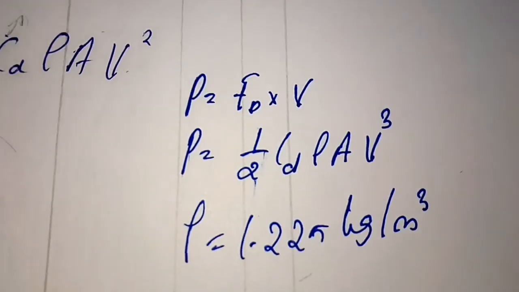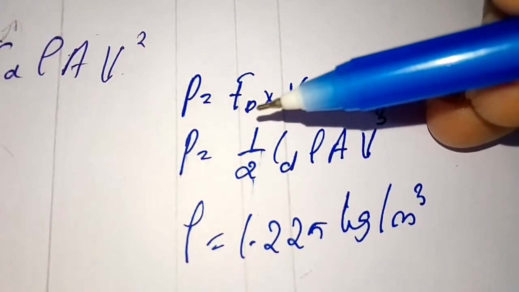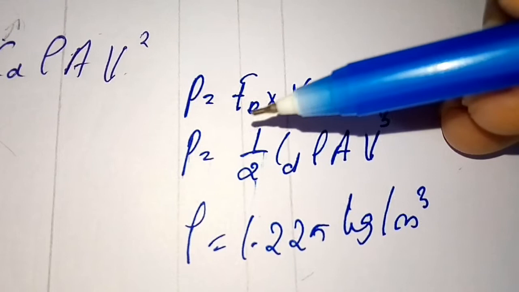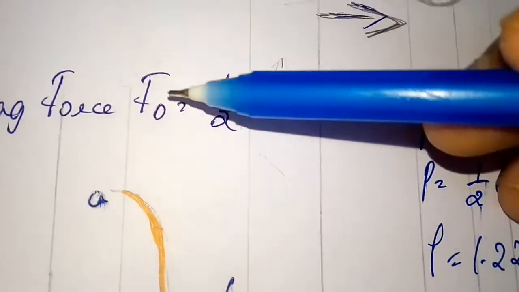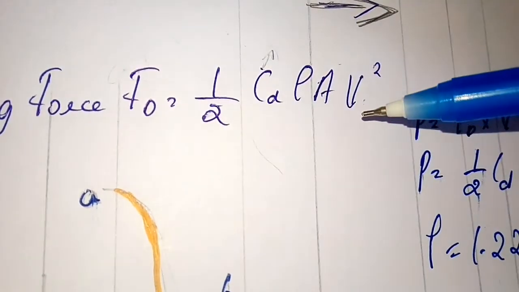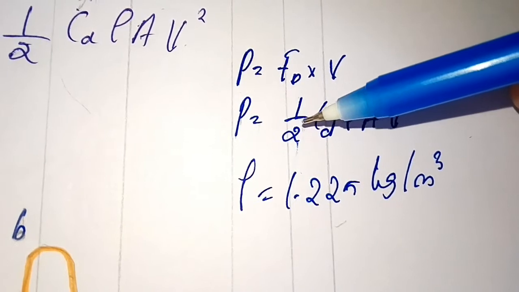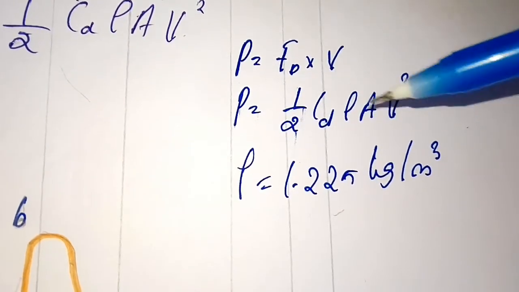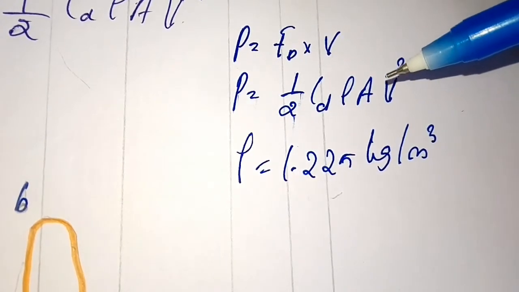The power that is required for vehicle propulsion is, we know, the product of force and velocity, where the force is the drag force. We know the drag force is proportional to the square of the vehicle velocity. So the equation for power for propulsion is half CD rho A V cubed. So the power for propulsion will be proportional to the cube of the vehicle velocity.